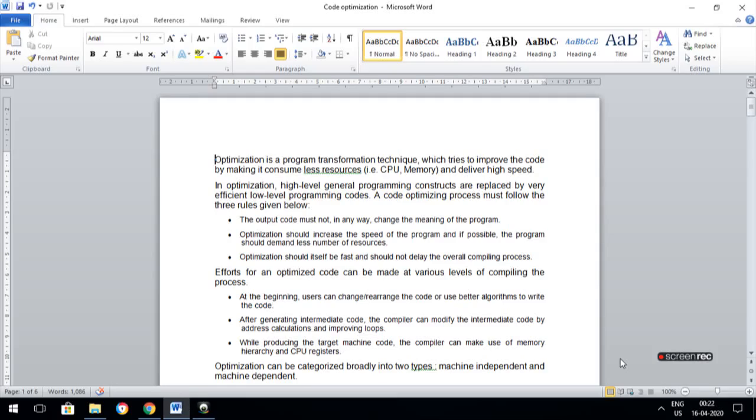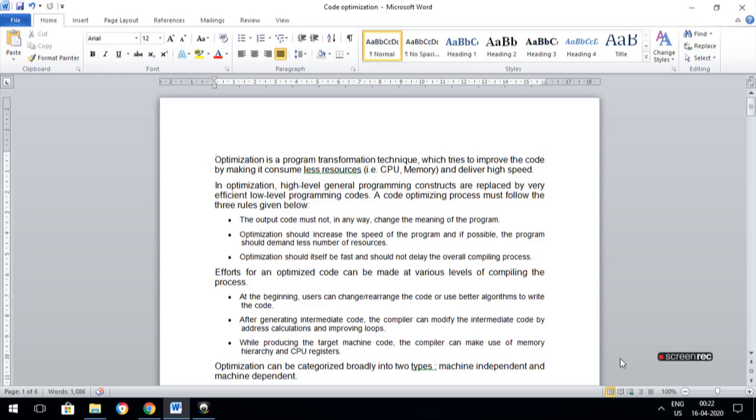Hi everyone, today I'll explain what is the purpose of code optimization in compiler design. As I said earlier, there are several phases of a compiler. A very crucial or very important stage is code optimization. Code optimization is the last stage, after the code is developed and converted to the target machine. So in that target machine, how will we perform this optimization method?